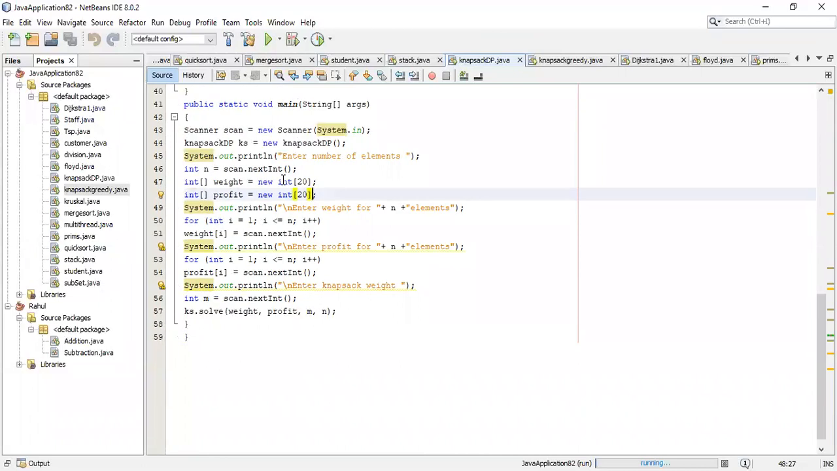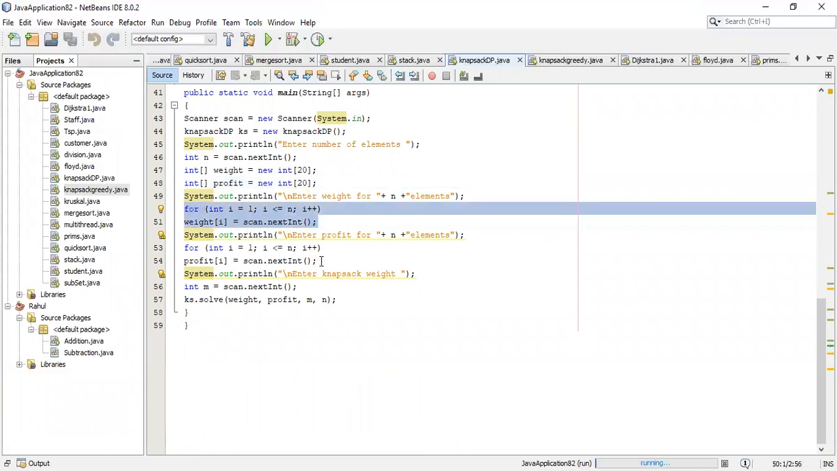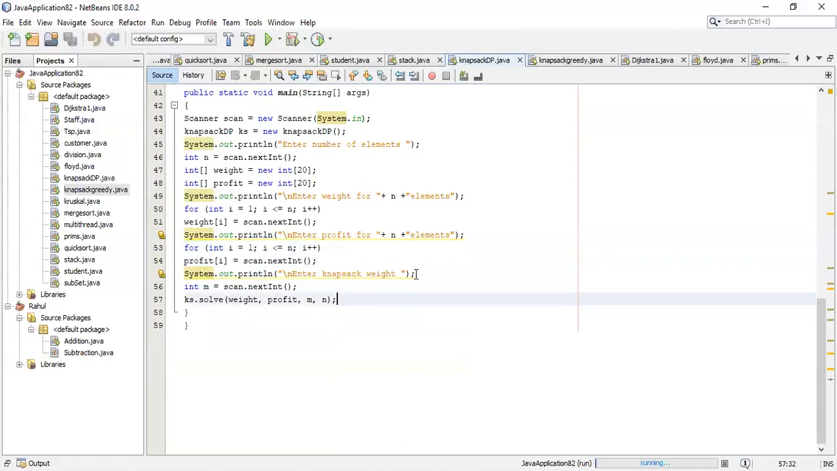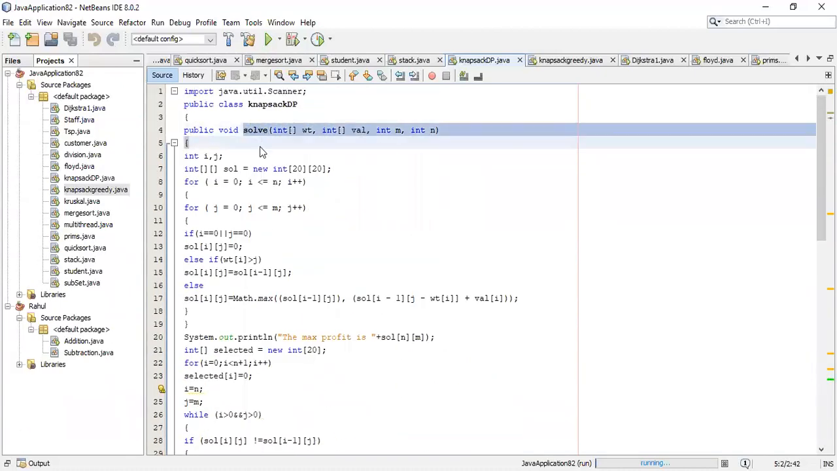Next, the main program. In the main program, you have an array for holding the weight, an array for holding the profit, a variable for holding the number of elements. Then you take the input weight here and you take the input profit here. Then you tell them to enter the knapsack weight. Then you call the member function solve. Where is the solve member function? It is here. Once you call this,